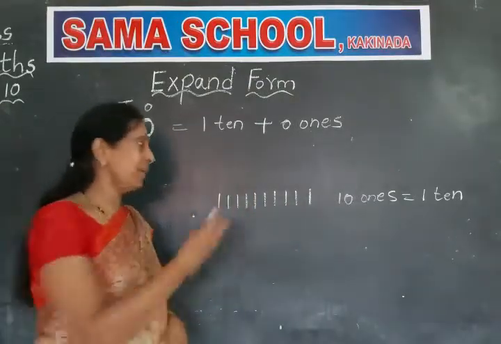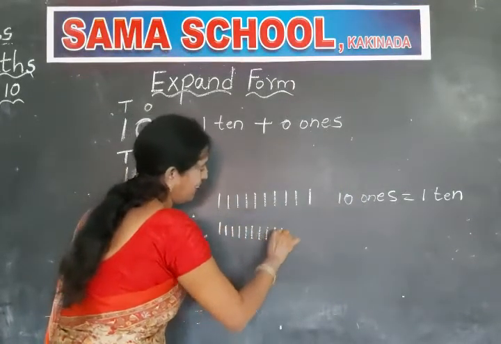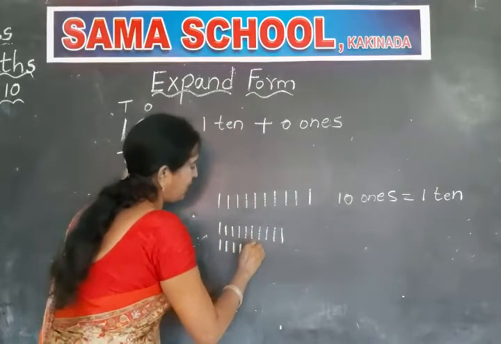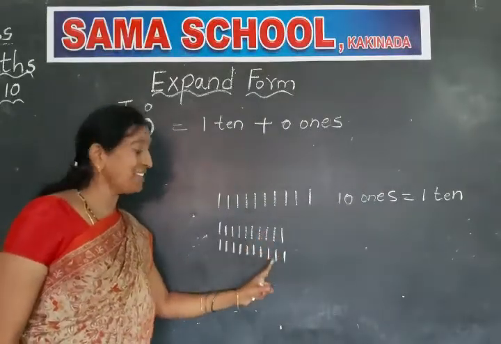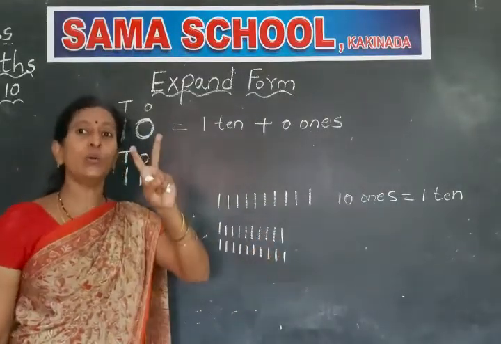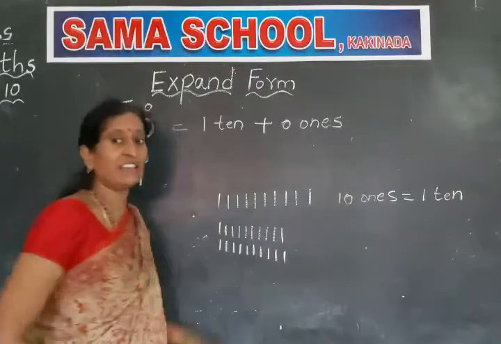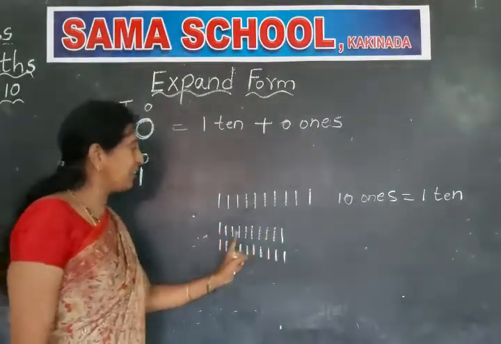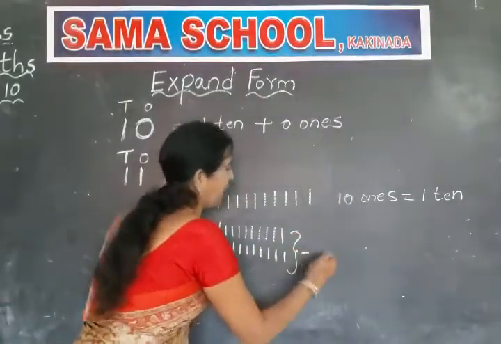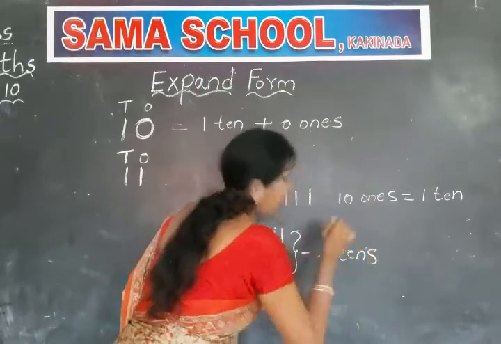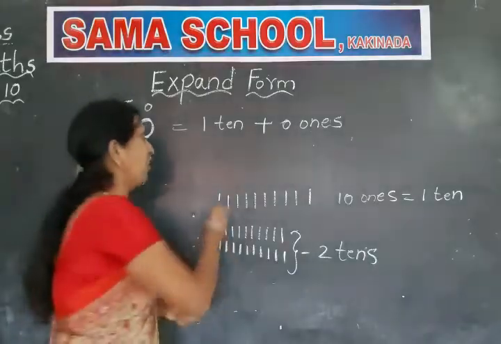Like that, children. Here I am counting 1, 2, 3, 4, 5, 6, 7, 8, 9, 10. Again 1, 2, 3, 4, 5, 6, 7, 8, 9, 10. Here how many 10's? This is 1 ten and this is another ten. How many 10's here? 2 10's. Means here 20 ones. This is 10 ones and this is 10 ones. These 20 ones make 2 tens. Like that, three tens make thirty. Four tens make forty. Like that you go on.